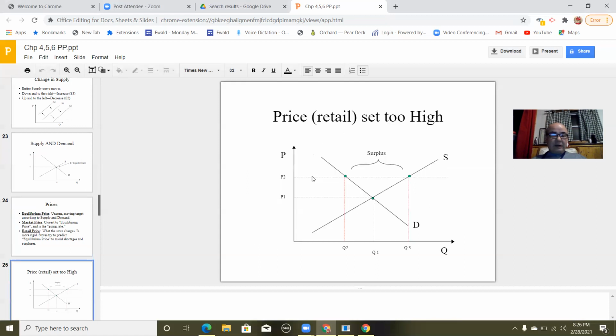So speaking of too high or too low, what happens when a retailer sets the price too high? Unbeknownst to the retailer, they take a random good and they set a price, and we're going to call that price P1 over here. Excuse me, I have this backwards. They set their price as P2. All right. And little do they know, because remember, at any given day or any given week at a store,